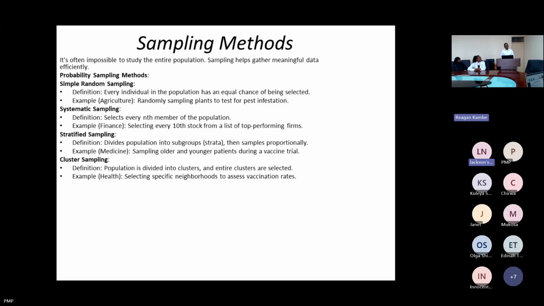Sampling methods. It's often impossible to study the entire population. Sampling helps us gather meaningful data efficiently. Under sampling methods, we have probability sampling methods and non-probability sampling methods. On probability sampling methods, we have